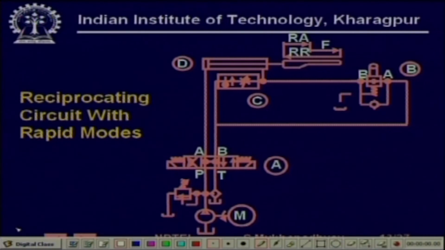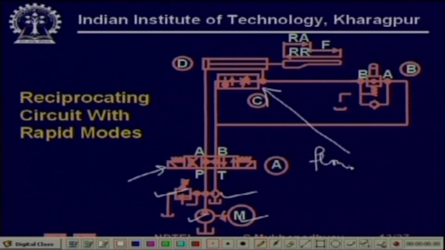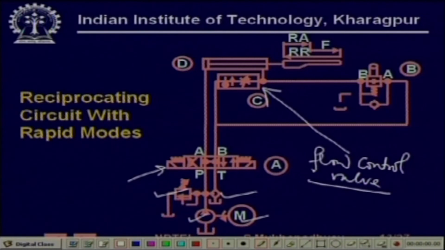So, what we are seeing here, again let us identify components: pump, motor, relief valve, this is the tank and filter. This is a 3-position, electrical solenoid actuated, spring loaded valve. Okay. And this is a flow control valve. And this is again a mechanically operated valve